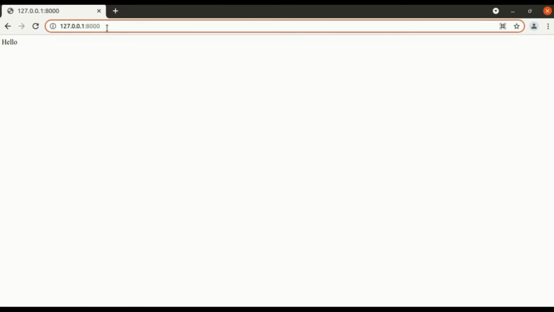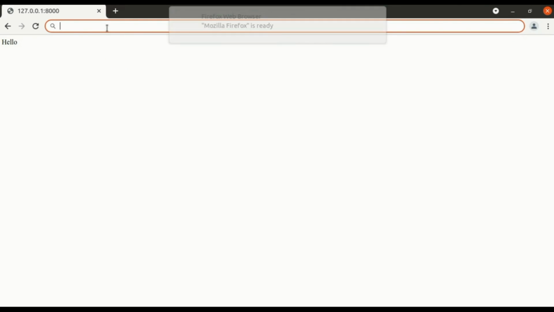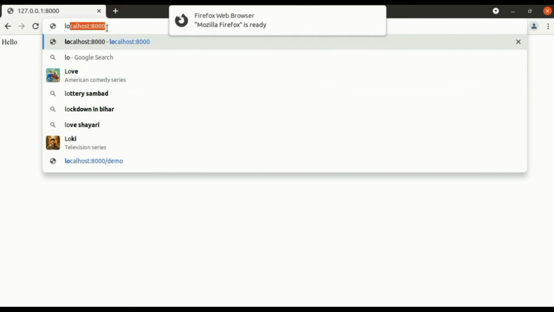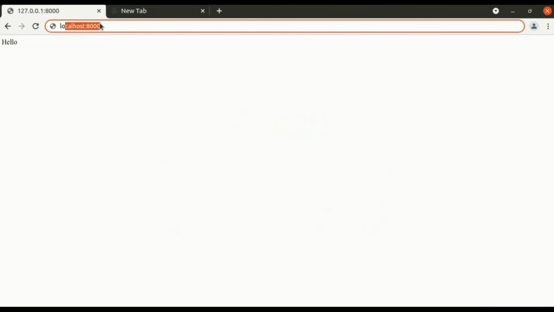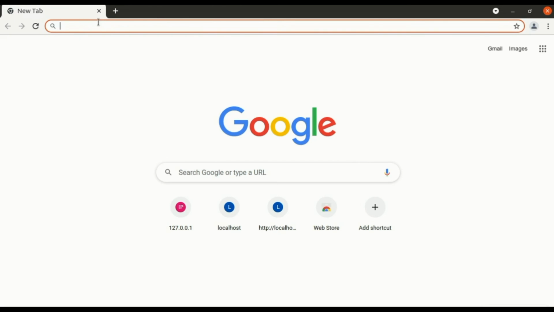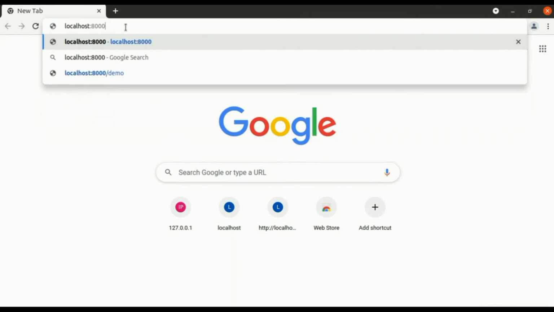In the browser, just give localhost. Localhost is actually the loopback address. You can use 127.0.0.1, that is the loopback address, or you can use localhost, then a slash, then the URI which I have defined in the route.